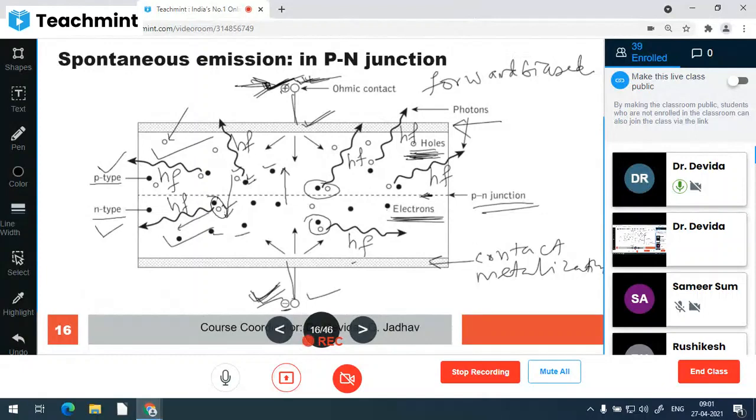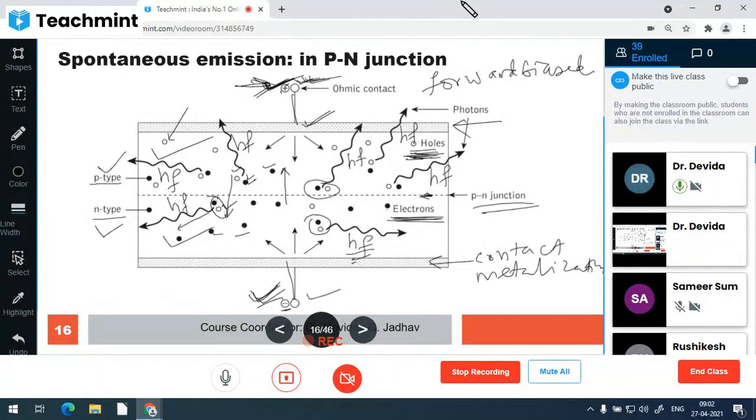Now these photons are emitted from the recombination of electron and hole. A hole is the absence of an electron. The electron jumps into that covalent bond where an electron is absent, and then the atom stabilizes and goes into a stable state. The octet is completed. But while jumping into the covalent bond, the electron emits an energy packet equal to hf, the band gap energy.